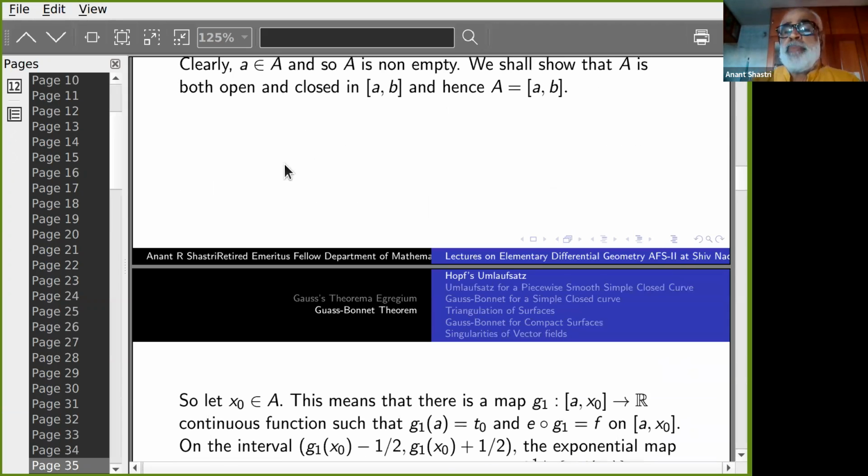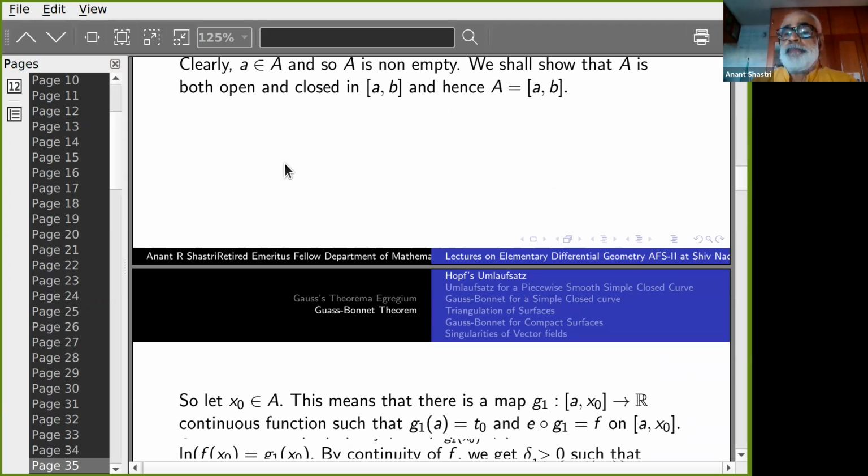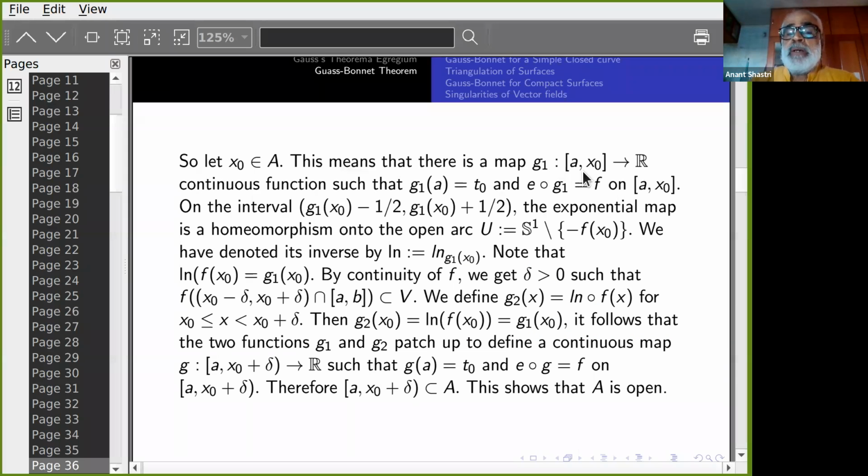Start with any point x naught inside A. What is the meaning of this? You have a function G1 from A to x naught, with the property that G1 of A is T naught, and E composite G1 is F on this interval. So there's a continuous function like this. On the interval from G1 of x naught minus half to G1 of x naught plus half, the exponential function is a homeomorphism,